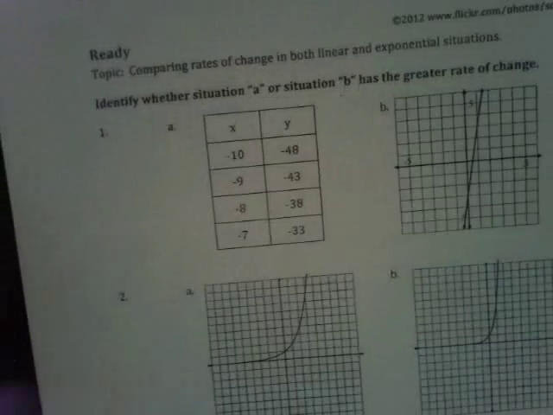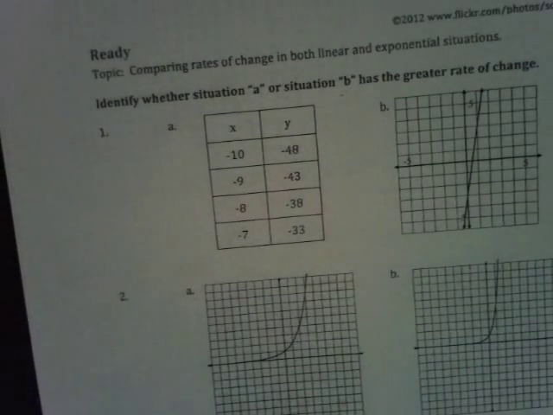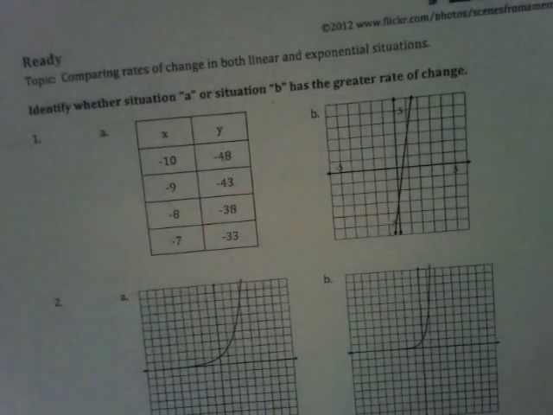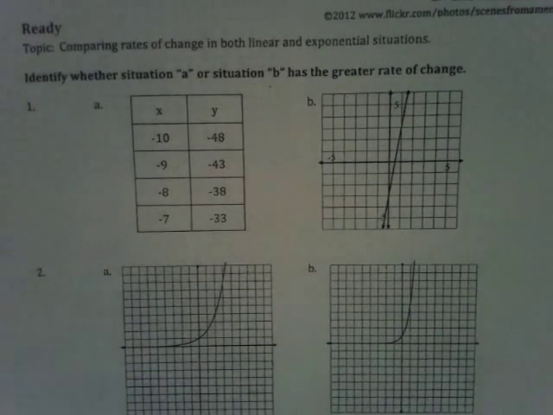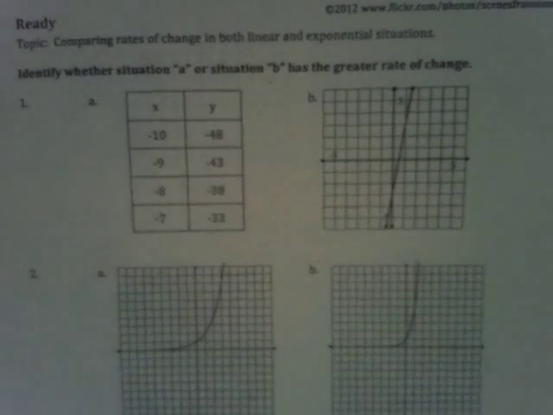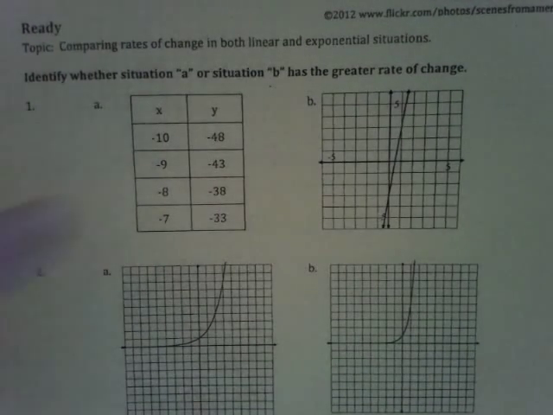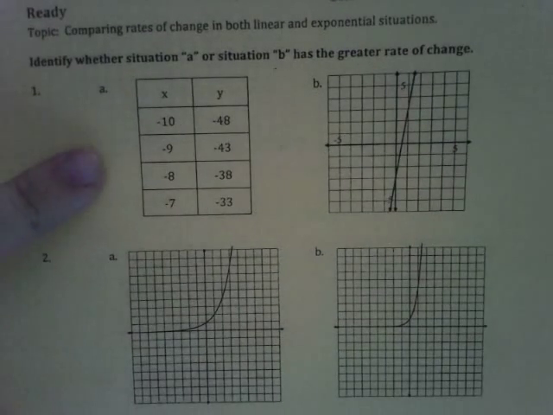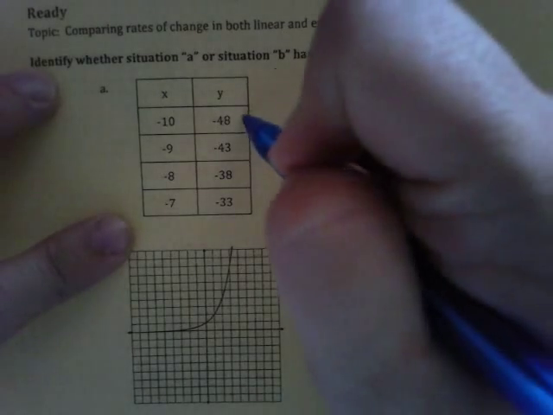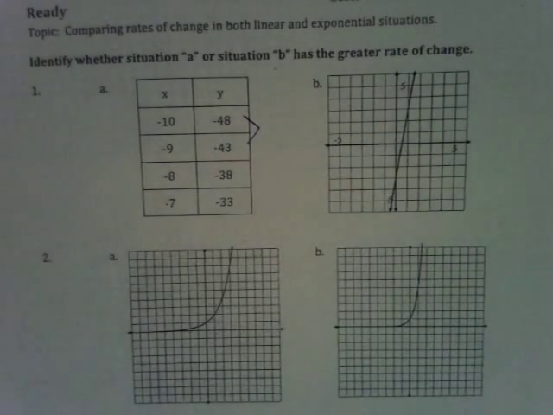The last thing I want to look at is how do I tell whether situation A or situation B has a greater rate of change? So how do I tell what the rate of change is in part A, or number 1? If I'm going from a negative 48 to a negative 43,